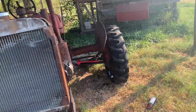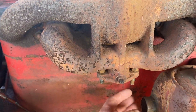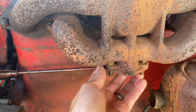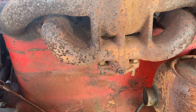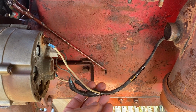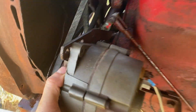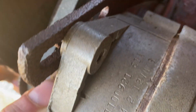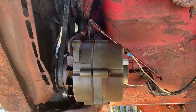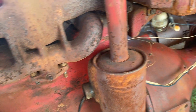But as you can see, no carburetor. Carburetor goes right here, connects here and here, connects here, and the wiring looks relatively newer than the tractor, of course, because they've added this alternator, so to convert it to 12 volts. But we'll continue